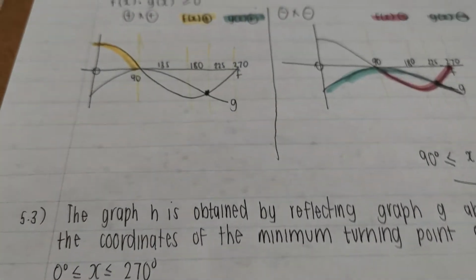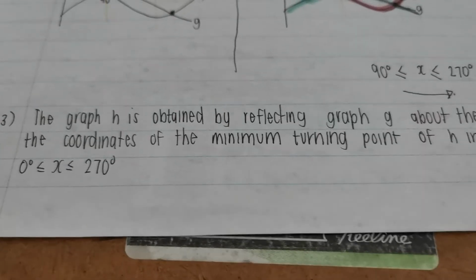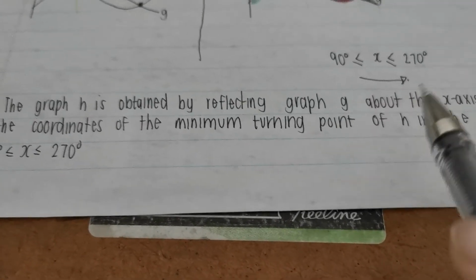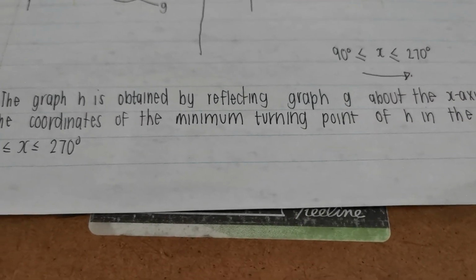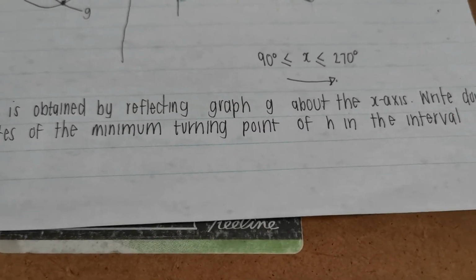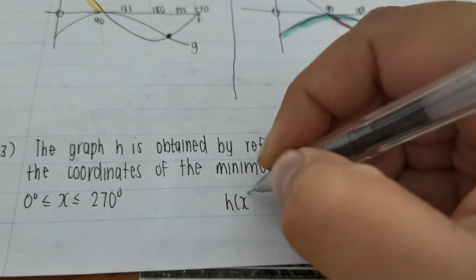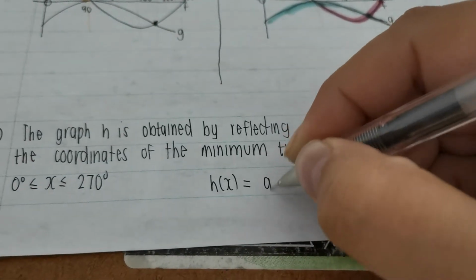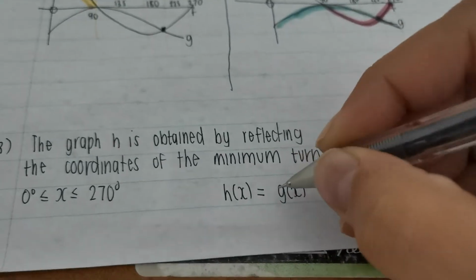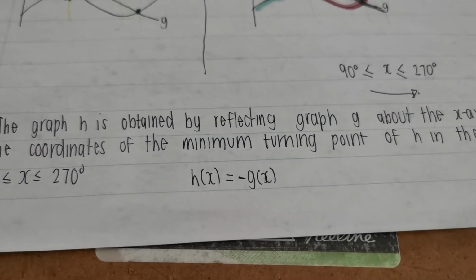It says the graph H, so this is a new graph that we're talking about now, is obtained by reflecting graph G. So we're taking graph G, we're reflecting it about the x-axis. Let's write down what we think that's going to be. H of x is going to be G of x that's reflected about the x-axis, meaning our y's become negative,